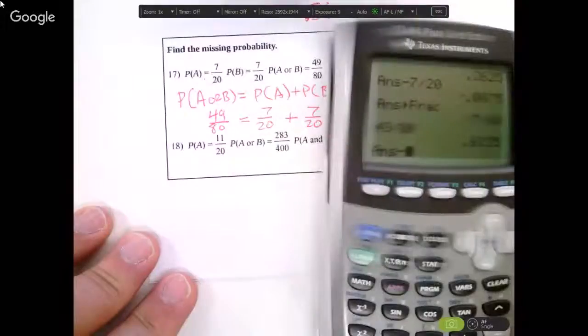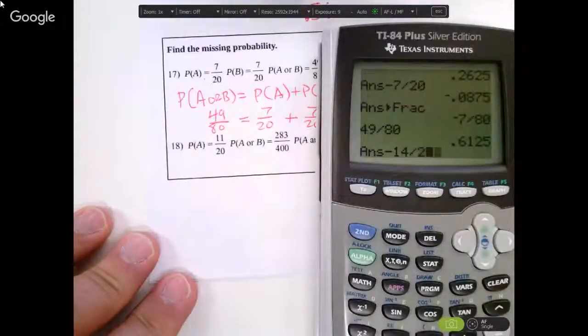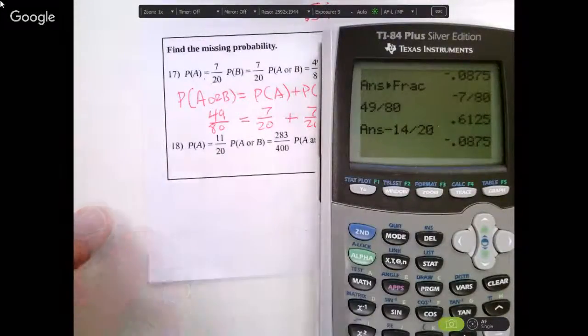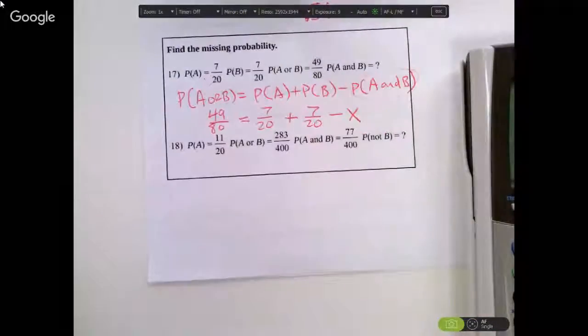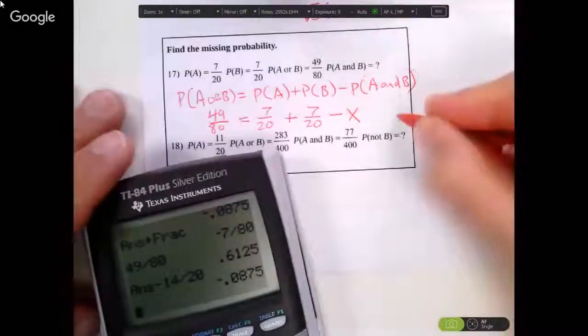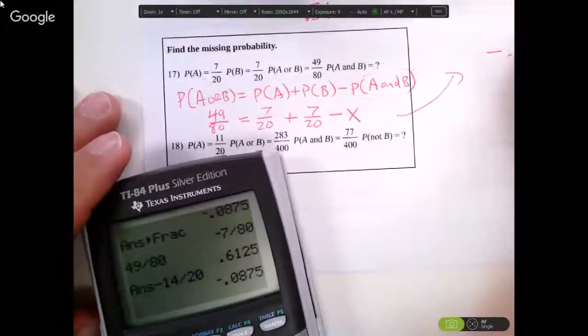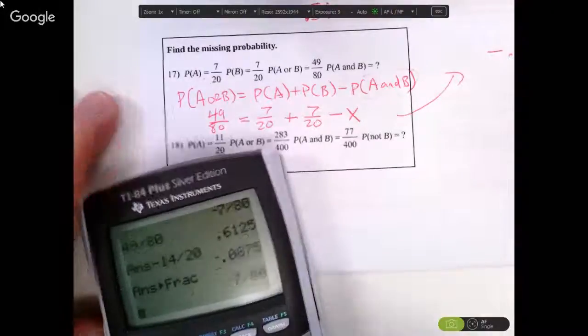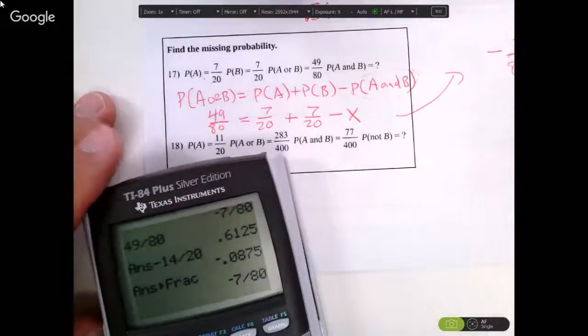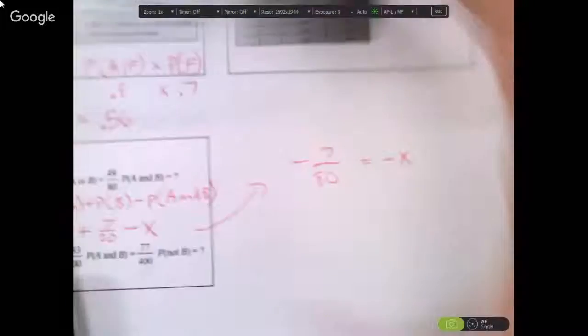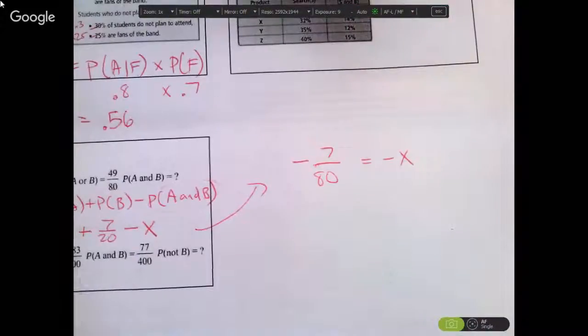Thank you. 14 over 20 is both of them. Oh, duh. So then I get negative 7 over 80, which equals negative x. So x equals,